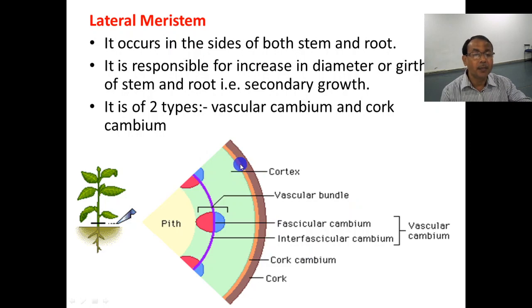And cork cambium is formed above the cortex. This is the cortex. Here the cork cambium is formed. And from the cork cambium, another group of secondary tissues are formed. That is called cork. So lateral meristem, because of this, is basically responsible for the growth in thickness, which is called secondary growth. That means increase in diameter or growth in terms of girth of the stem will take